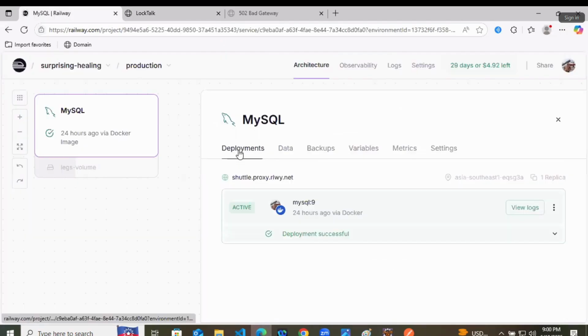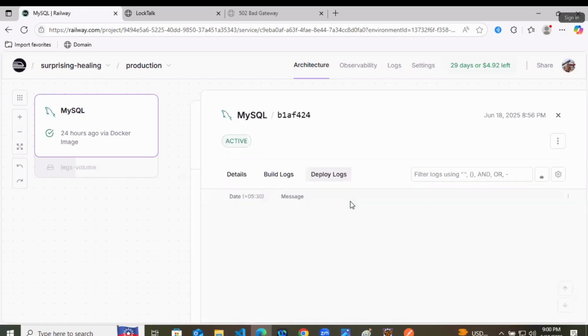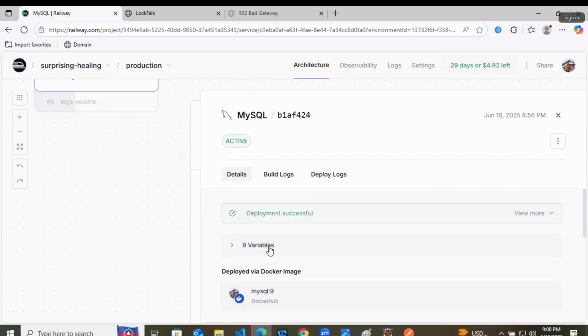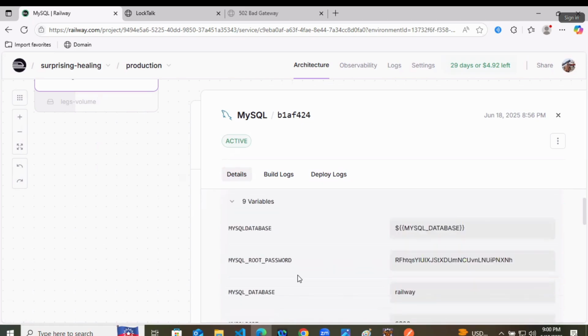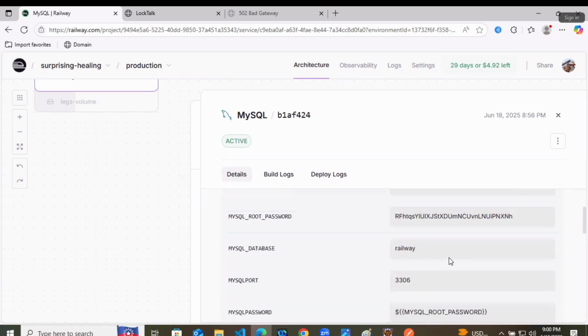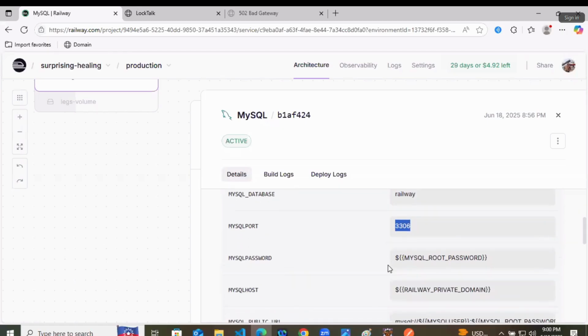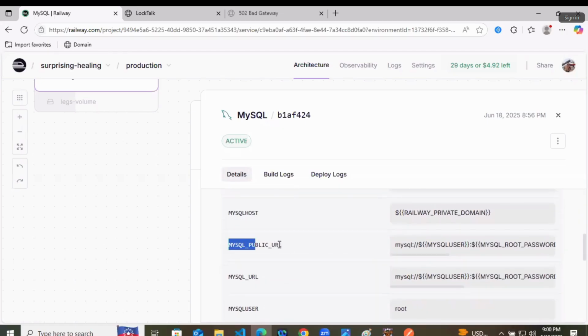So we'll go to deployments. We will go to this link and go to details. Inside that you will get variables. So what you have to type is: password is this, database is railway, port is 3306, public URL, you have to type it like this, and this is the MySQL URL.